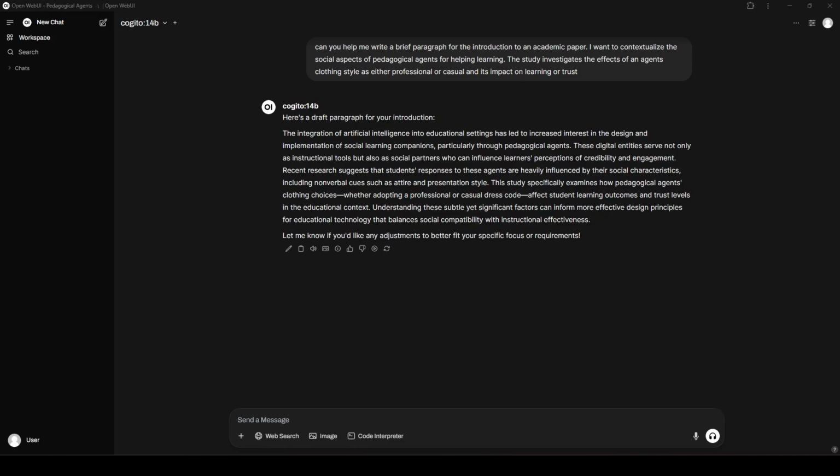One of the main things that I find is transitions make or break your paper, and the transitions in this aren't too bad. Granted, it's only a paragraph, but generally speaking, I'm pretty pleased with this model so far. In regards to email writing, it's not going to take over that role from 5.4 for me. 5.4 is still better, in my opinion, for how I like emails written and the structure of emails to be written.